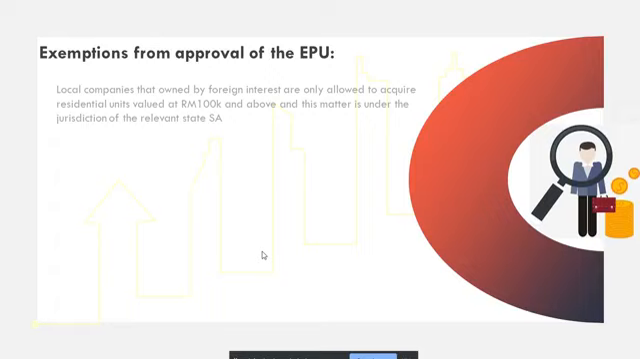So exemption, there's an exemption of approval from the Economic Planning Unit lah. Antara exemption daripada approval juga adalah local company that owned by foreign interest, boleh acquire residential unit value at 100K and above lah. Ini local company, syarikat tempatan yang dimiliki oleh orang luar lah. Tapi apa-apa pun under jurisdiction of state authority lah. Any acquisition of residential unit under Malaysia My Second Home program. So ni pun dapat exemption daripada